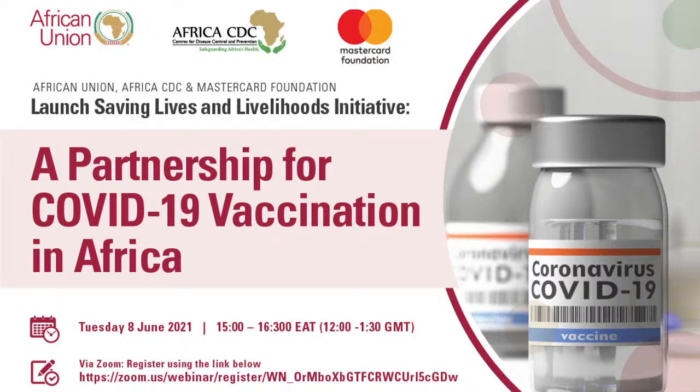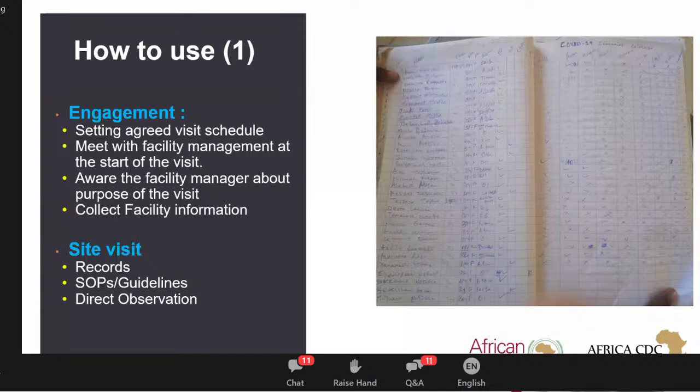Engaged in the IPC practice of that health facility, like setting of agreed visit schedule, because this is not an inspection as such, rather it is supportive, it is a mentorship program. So we start by setting of schedules, then meet with the health facility at the start of the visit so that they can own the checklist or part of the process. So we make the health facility aware about the visits, why this visit is important, and collect information about the health facility, as Ibet mentioned, the health professionals working in that facility,